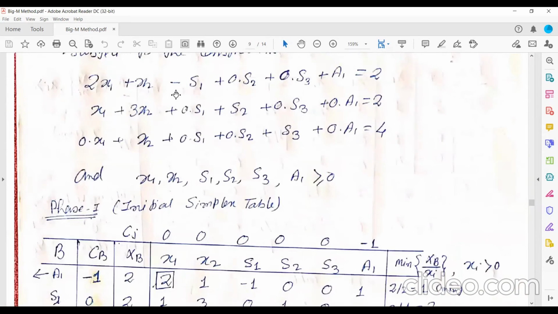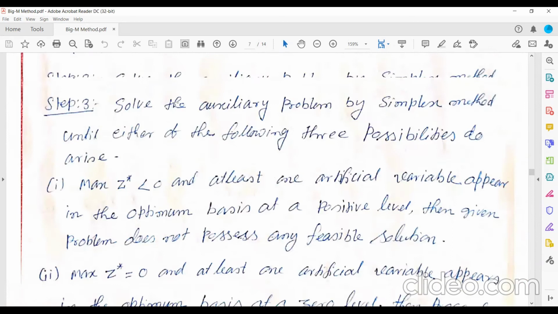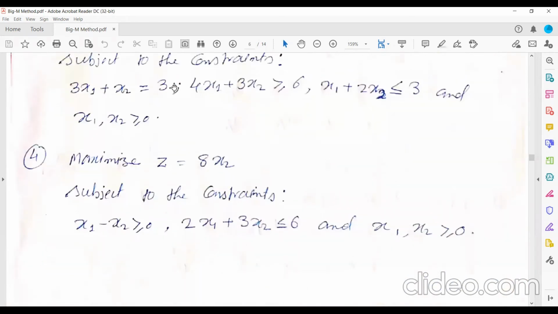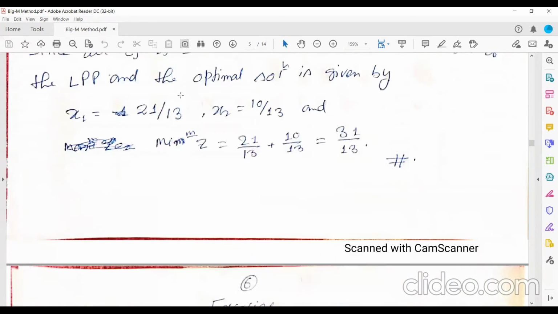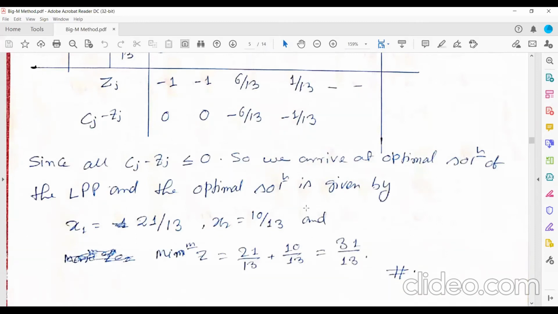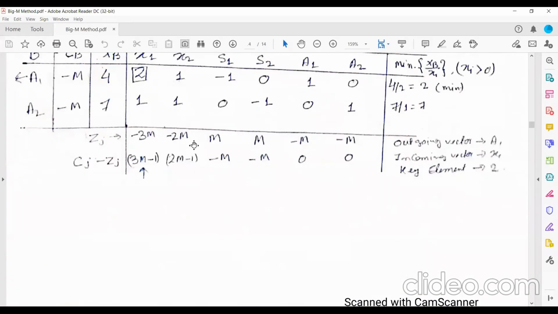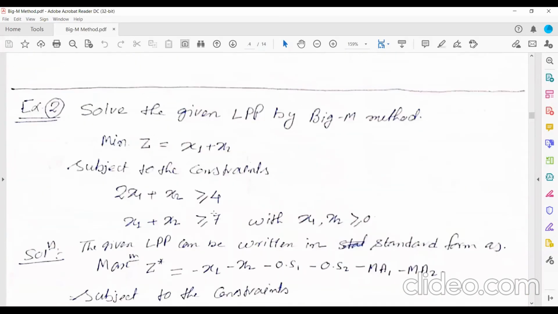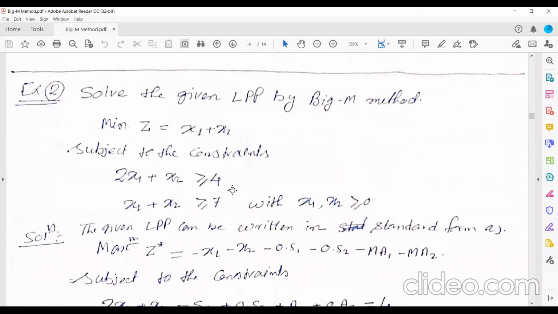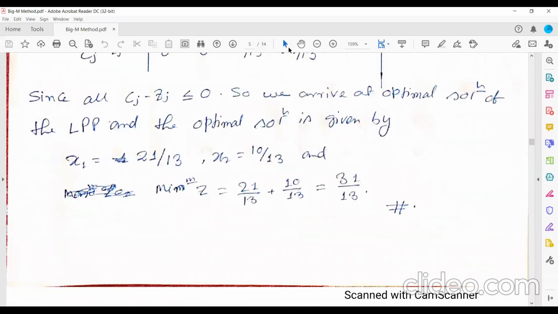If you remember, see here, this was the problem, the same problem by the big M method, and we have got the same result. There will be no change in the solution. So whether you do it by the big M method or the two-phase method, the answer will remain the same.